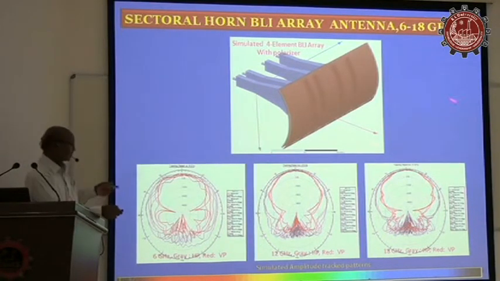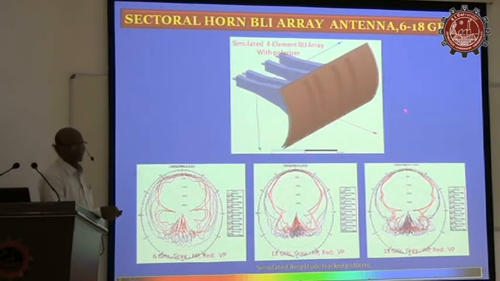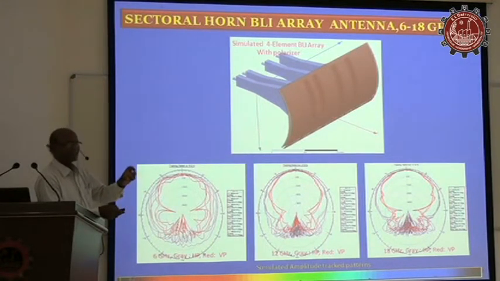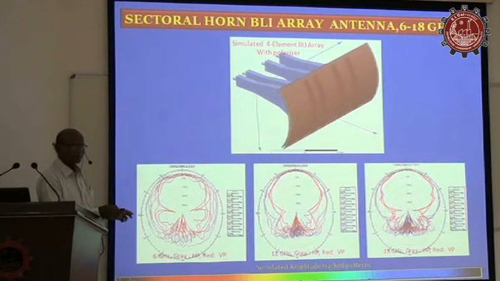Sir, recently when this problem came, I surveyed the net to see if anybody is making these baseline interferometric arrays using sectoral horns. I came across one firm called Exelis USA. Then we immediately framed the specification and sent it to the firm. They told us they could meet it. They have listed in their online catalog that they can make the elements with the required model number. The polarizer with its model number and part number is there. Then they told us they can configure these elements and the polarizer into an array and supply it. So I made the specification for the array configuration and sent it.